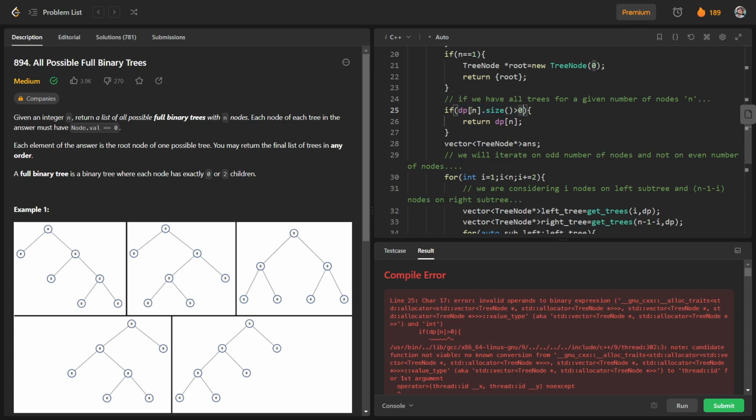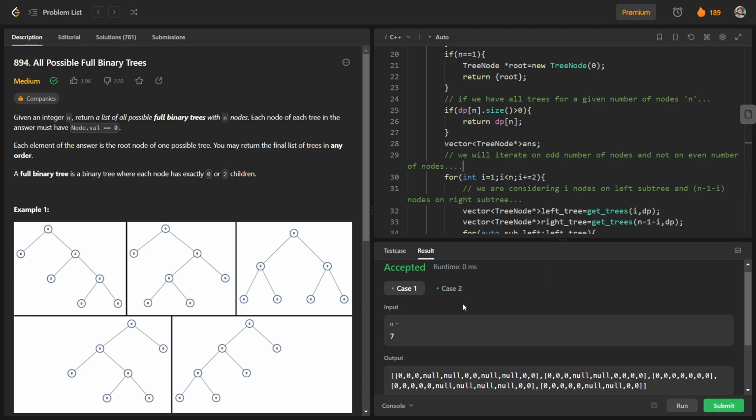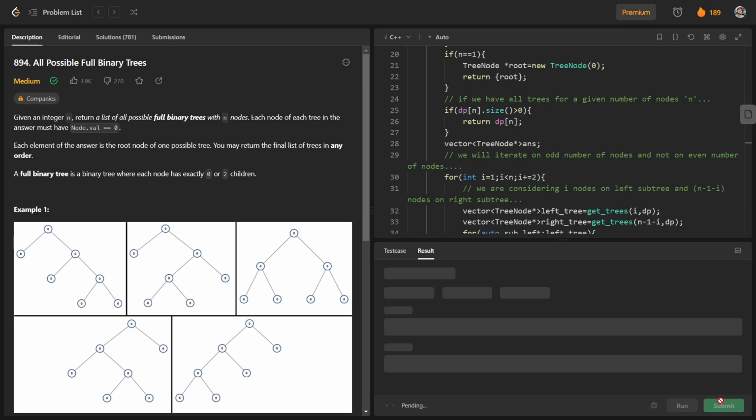We have some trees for that particular number of nodes, so we already know the trees for that number of nodes. So that's why we will just return dp of n. So let us run again. So you can see that both the test cases are passing. Let us see for more test cases.